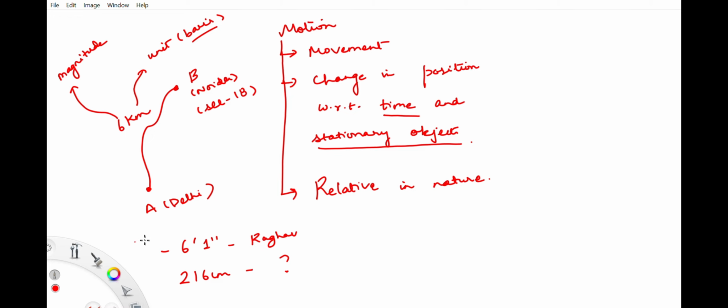So I have to compare these two values of height, and I have to make sure that the units are the same. So I can convert my height in centimeters, so I convert 6 feet 1 inches to centimeters, which is 185 centimeters. Now you can compare who's taller, or I convert 216 centimeters into feet and inches. So that will give me around 7 feet 2 or 7 feet 3 inches. So now when the units are the same, when this basis for comparison is the same, you can say that I am shorter, and the other person, whose height is 216 centimeters, is taller. So I can just write the other person's name as Great Khali.